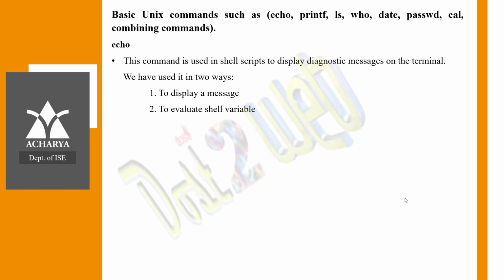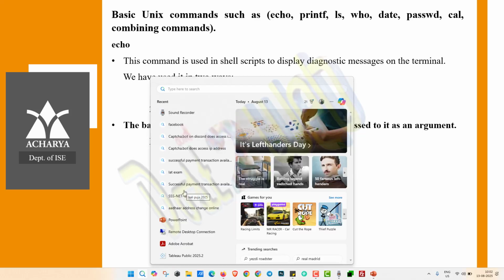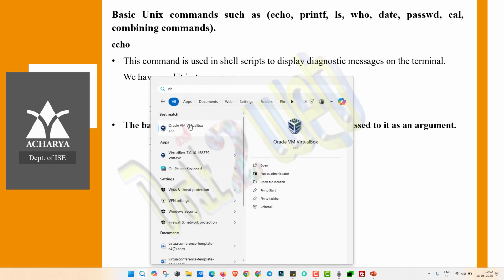So, the basic job of the echo command is to display the string which you are going to pass as an argument. What is the basic operation? Nothing, it is just used for displaying purposes, nothing more than that echo will perform. So, echo argument: whatever argument you give, it will display as it is. That is the use of echo. Example, we have echo hello everyone. You type echo hello and see what result you get. Did you type echo hello?